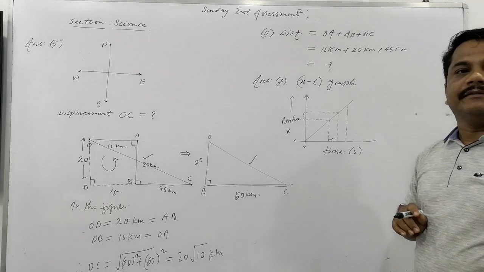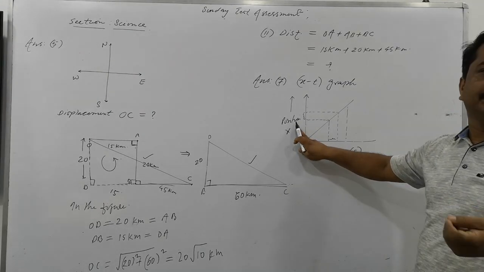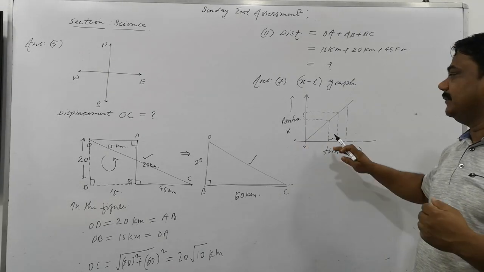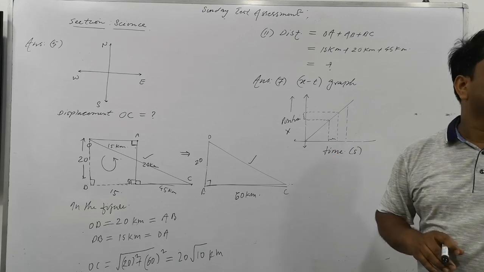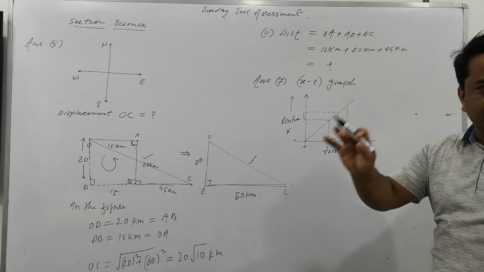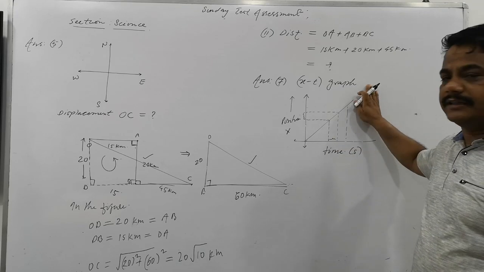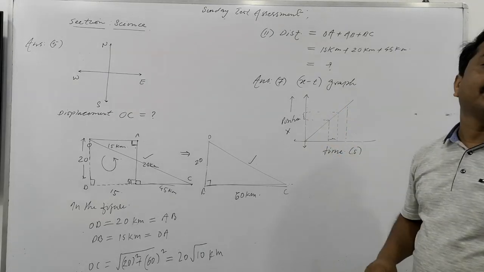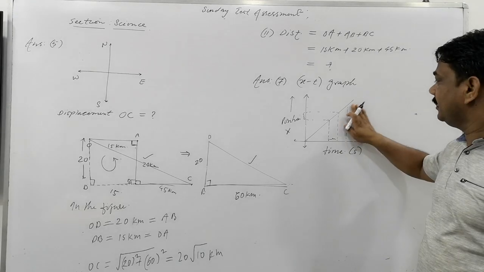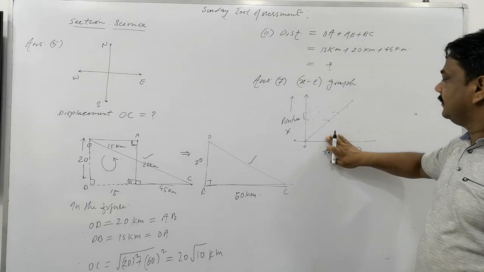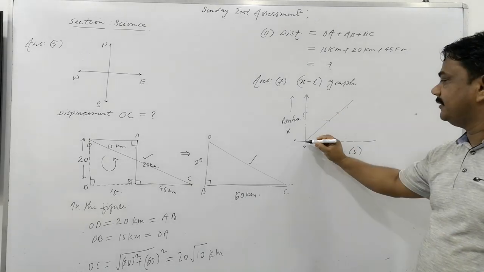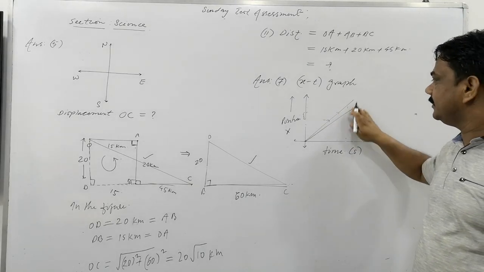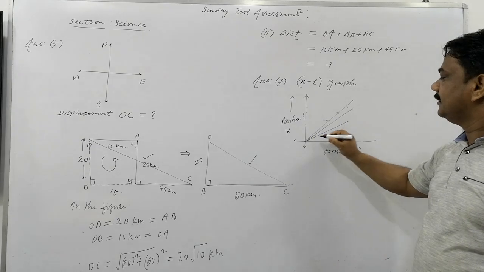It means that when a straight line is drawn on the position-time axis, then the motion of the object is said to be uniform motion. This is another thing. But the question is asking what information we get from the x-t curve. Especially I'm telling about this. The second curve is also there, the third curve, and the fourth here.